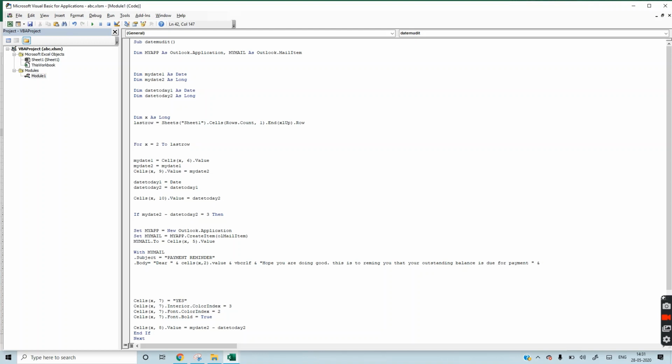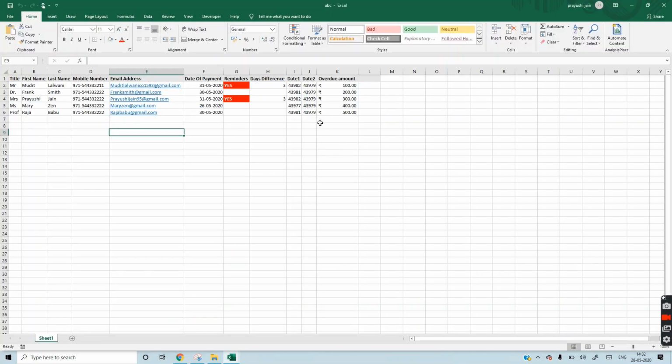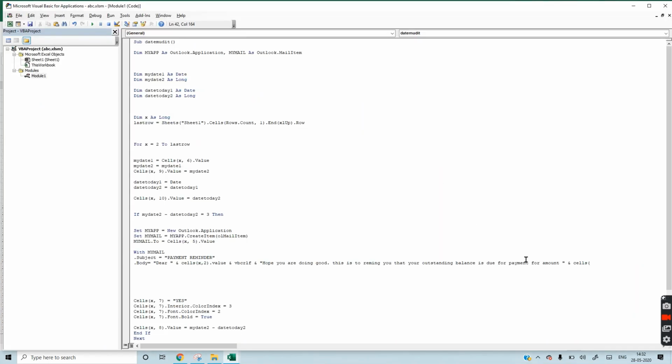We will write and the amount will be whatever amount is in this column, which is the 11th column.